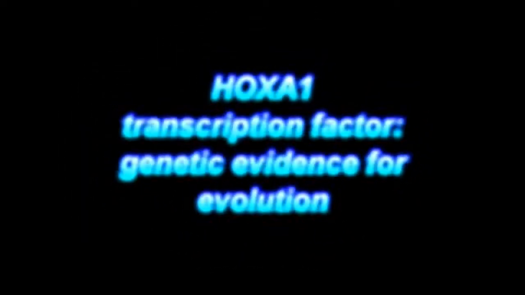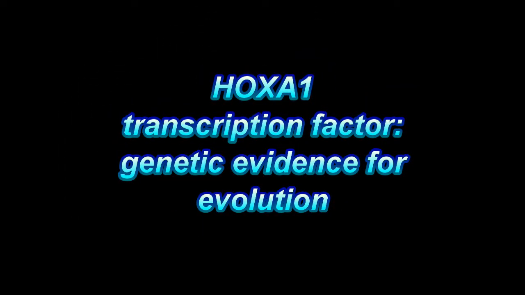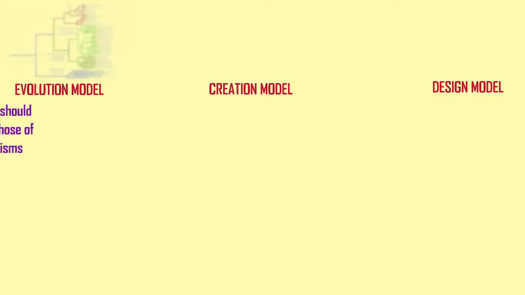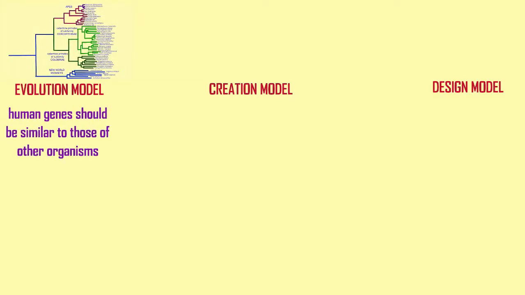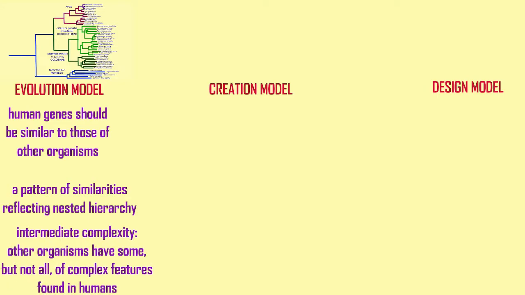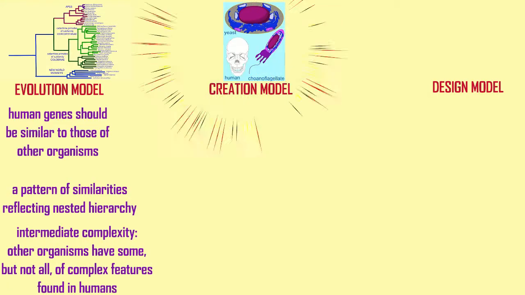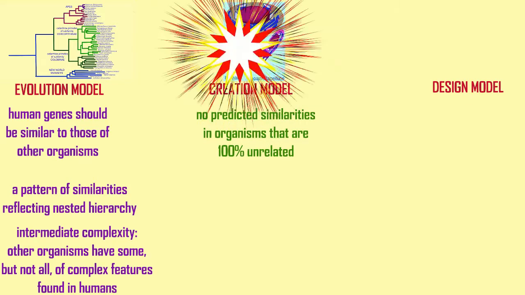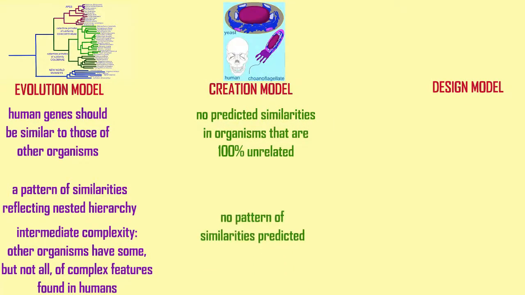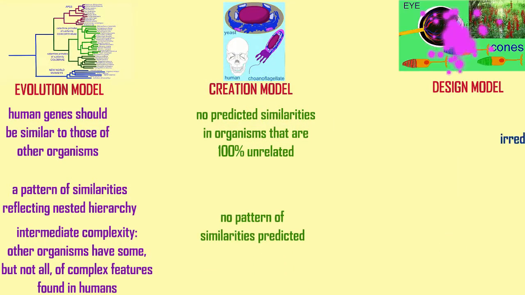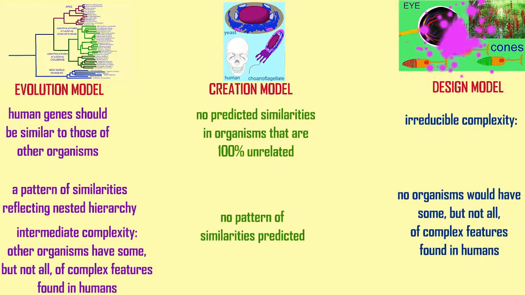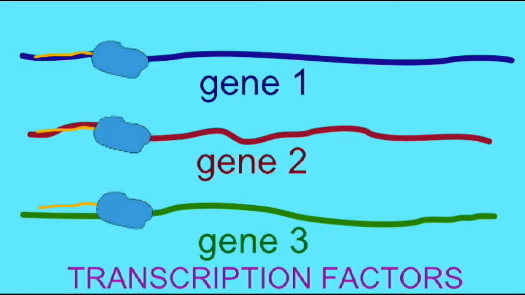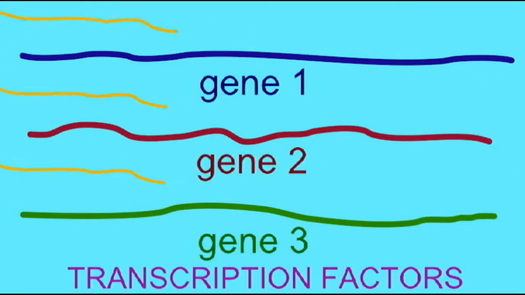It is appropriate to test hypotheses in science and even theories. And so there are three models on how life's diversity reached its current point: the evolution model, the creation model, and the intelligent design model. And one can test the predictions of these models using genetic analyses, such as an analysis of the transcription factor